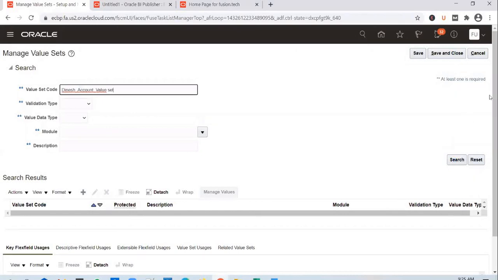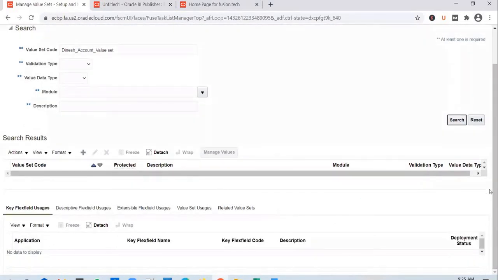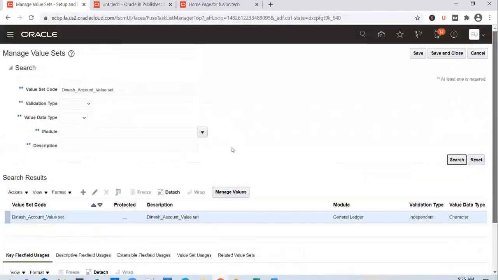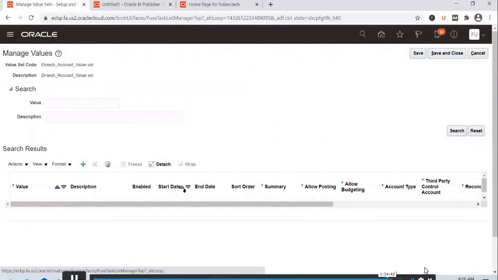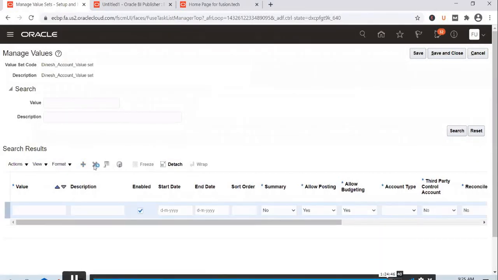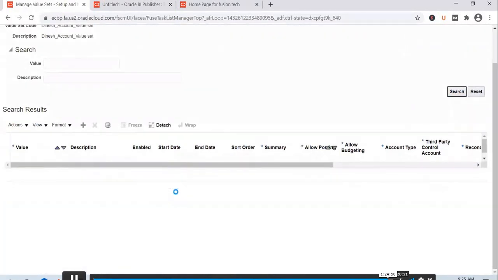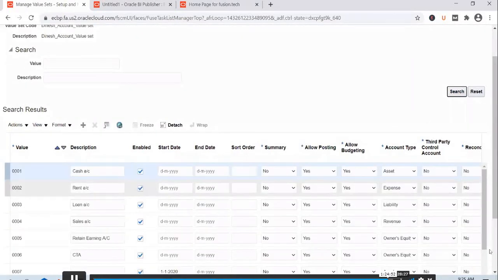Search for it. Manage values. And you can enter a new value straight away. Or you can search for the existing values and see if 0009 already exists in there or not.